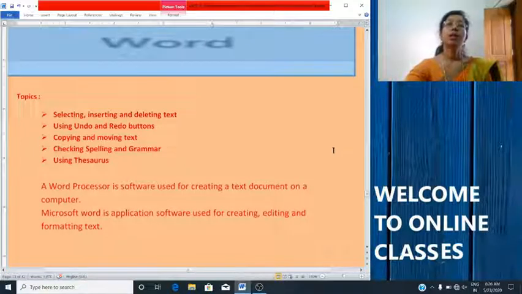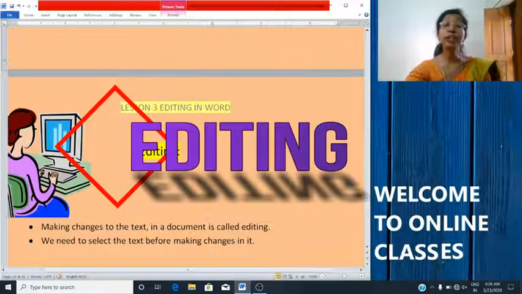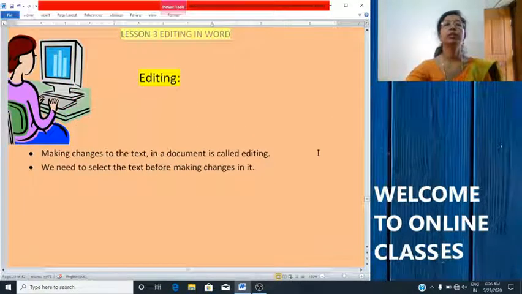Now we will study about editing. Okay, editing text. After typing the text in a document, we may want to make some changes in that. So, making changes to the text in a document is called editing. What is editing?